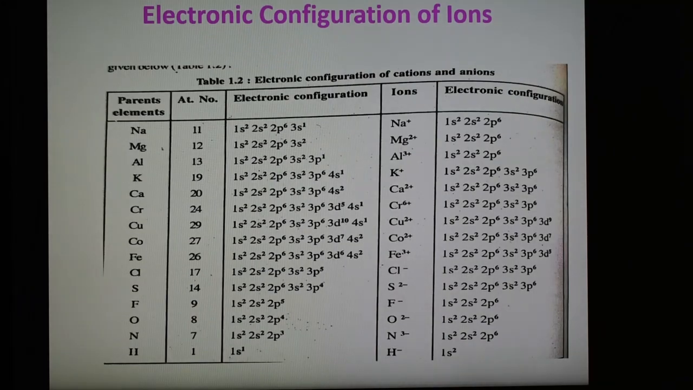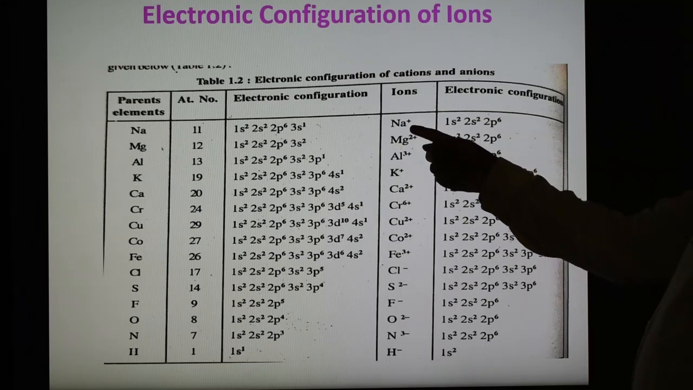Now also we can write the electronic configuration of ions. Ions are positive and negative, and here it is also possible to write it in case of positive and negative ions. Now as we know, a positive ion is formed by the loss of electrons, a negative ion is formed by the gain of electrons. Now in case of this sodium ion,